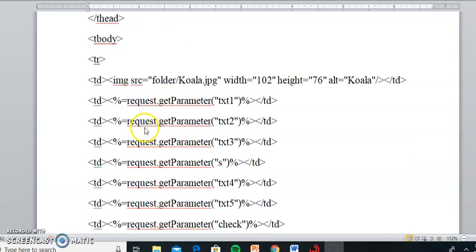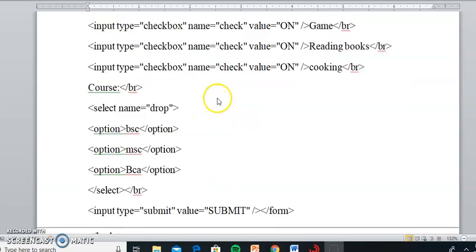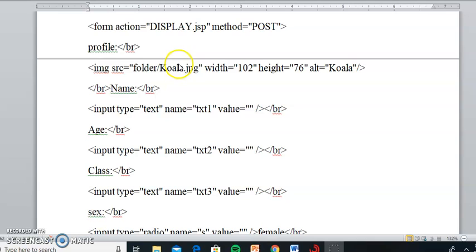And after that I want the particular values in the next row, that is, what name you entered in the text box and what you selected in the check box. So how to retrieve that value? request.getParameter txt1, request.getParameter txt2, txt3, yes, txt4. These are the variables I already told you about.